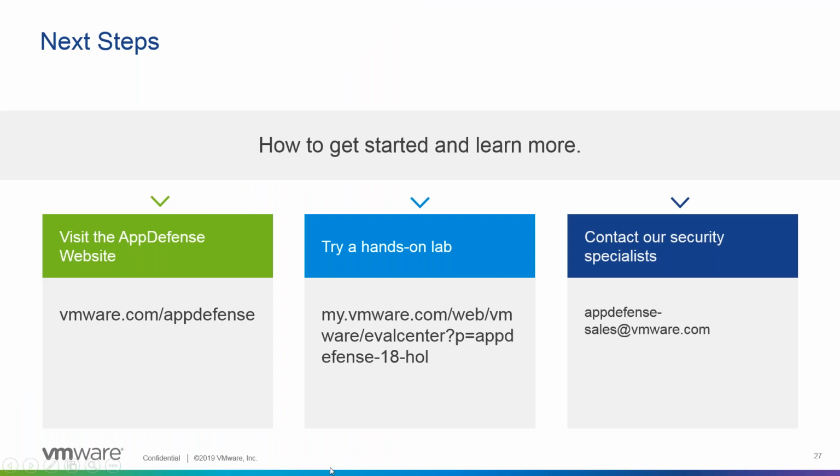So that is a full environment in our cloud. We spin up a series of VMs where you can actually play with the product hands-on. You know, it's not an HTML simulation. It is the real product running in a sandbox type environment. I don't think at this stage we offer a trial, but if you like the hands-on lab and you're interested, please email us with the alias that you see on the screen here, and we can organize a trial for you. We can get you what you need to run it in your environment.